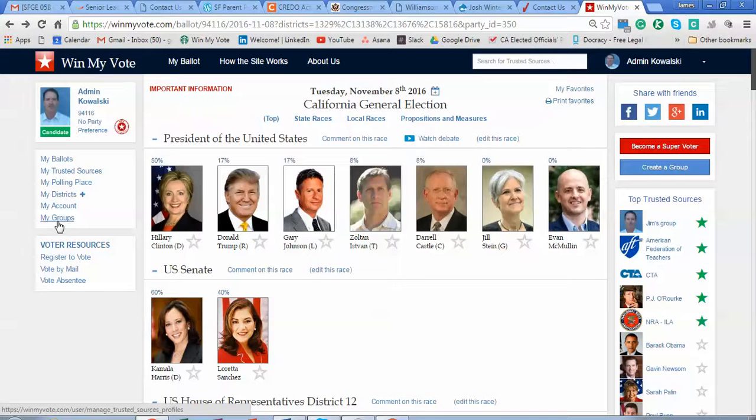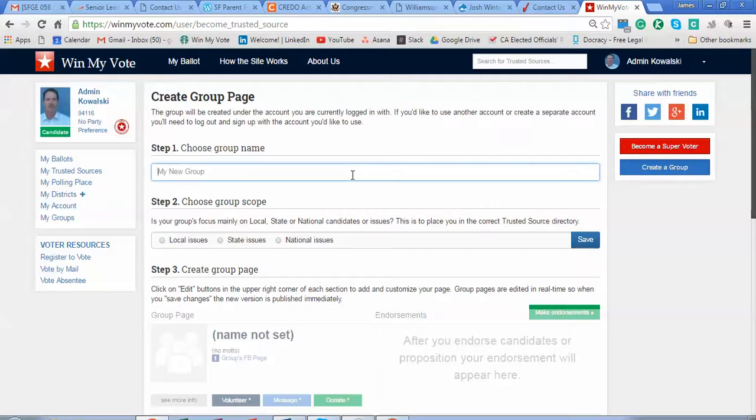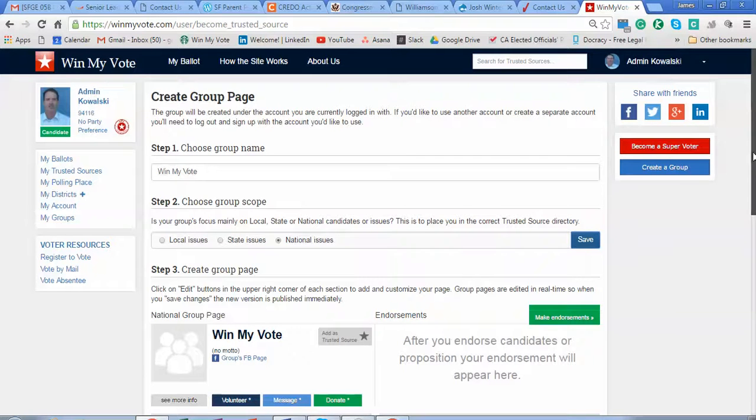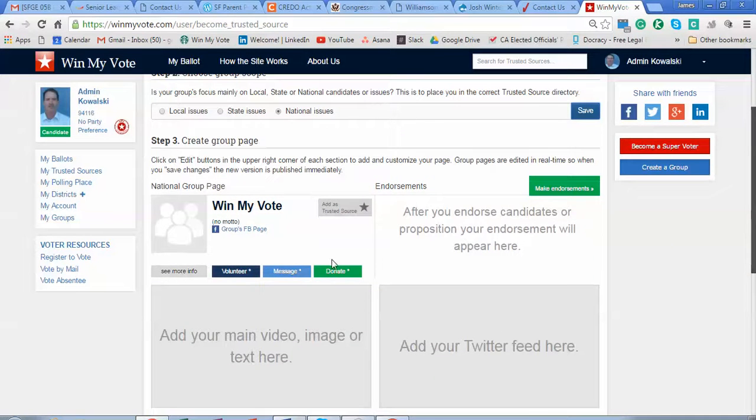You can click on there to create a group, or you'll see this blue button over here that says Create a Group, and you can click on that. And let's call this group Win My Vote. Win My Vote is interested mostly in national issues, so I'll check that button. And good news, the name is not taken, so we have that name, and now we just need to